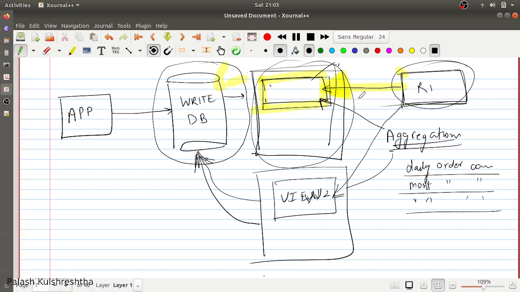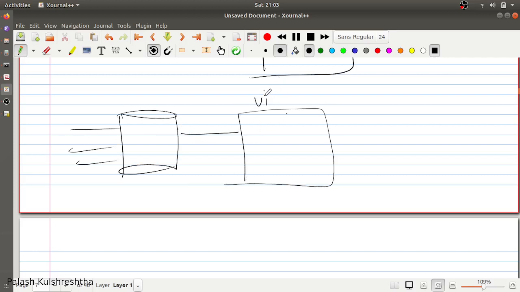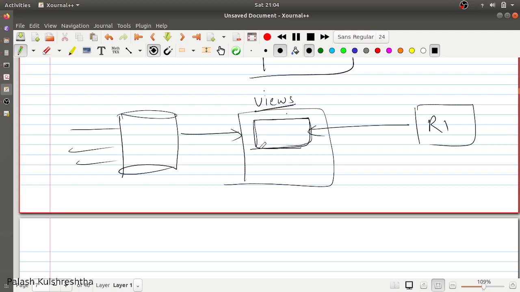Now, one thing we have to keep in mind is all the updates and inserts are going to the write databases, and views are not updated in real time. What you can do is have a pipeline in which your updates or inserts are coming to your main database, and then these updates are being applied to your views depending on how your views are created. And then these views are basically accessed by the reading applications. So these views are sort of like caches, and since the actual data is being written in your main databases and reading is being done from the views,